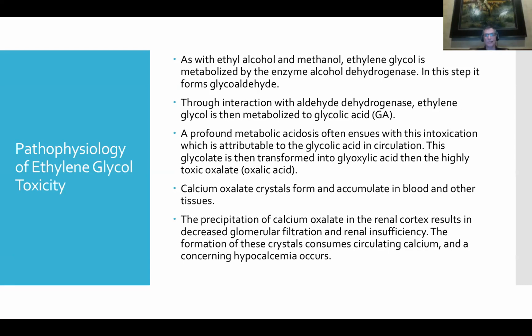Glycolic acid in circulation is a highly acidic substance, pH of 2, pH of 1, something that you only find in the stomach. And when it starts circulating, it really starts dropping the pH down. And this is what causes a lot of the renal issues that a patient has. Once the glycolic acid is fully circulated within the body and it obtains what they call a large volume of distribution,